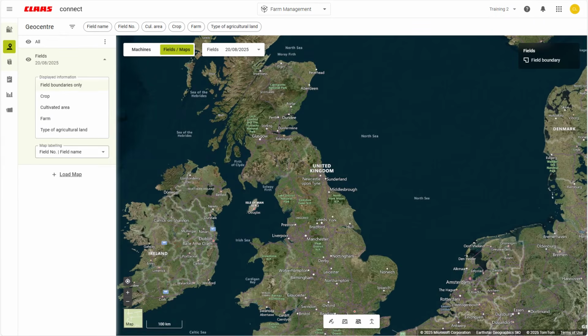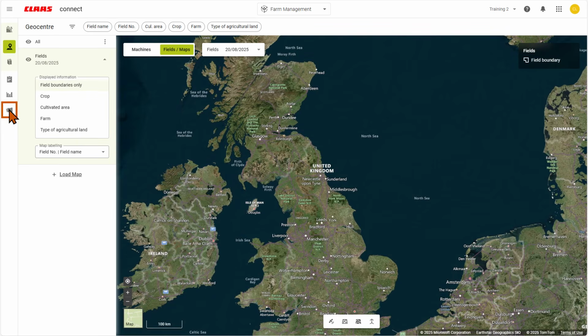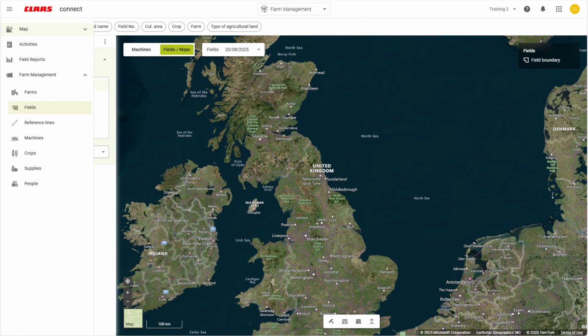In this video we will begin to assist you with importing data in the farm management area. There are many places where data can be imported to, from the map catalog down to the master farm data, in several supported formats, but typically those would be ISO XML, which need to be zipped, or in a shape format.